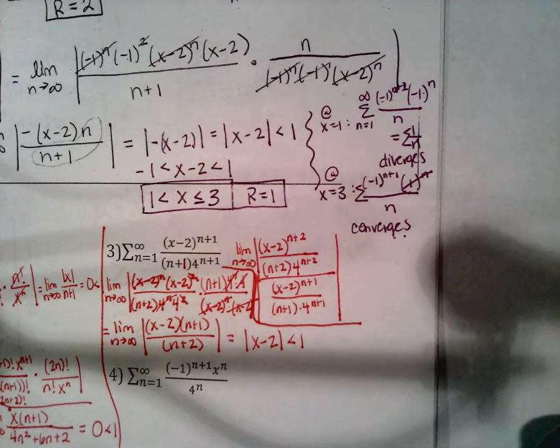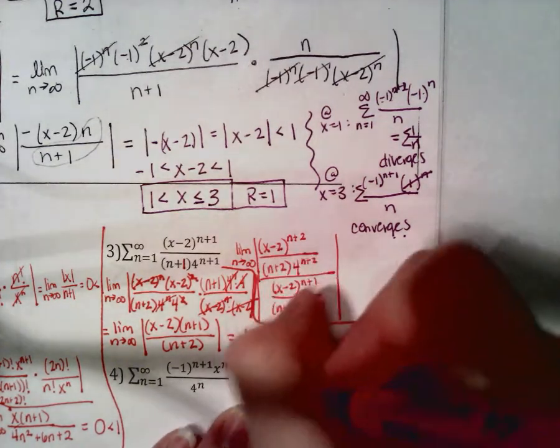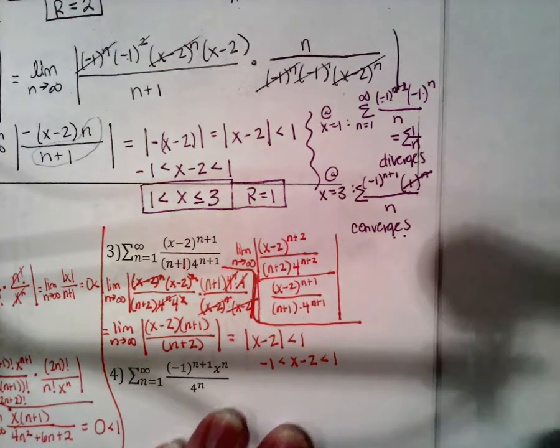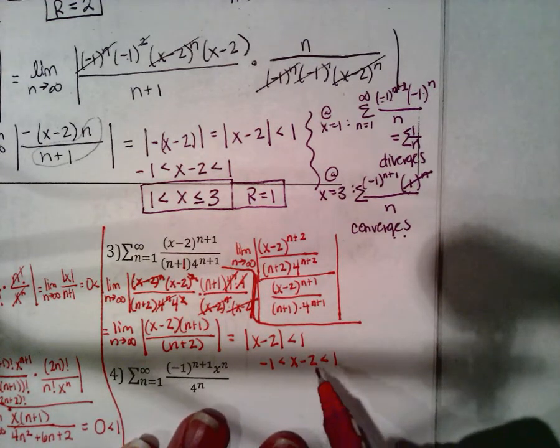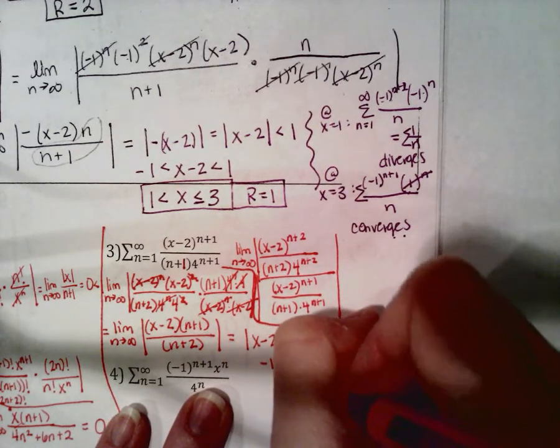Okay, so what that means is that negative 1 must be less than x minus 2, which must be less than 1. So I have to put that in the middle. Add 2 to everything, and we get 1 is less than x is less than 3. Now I have to figure out,